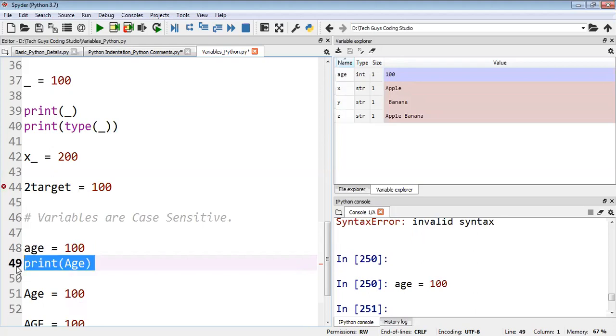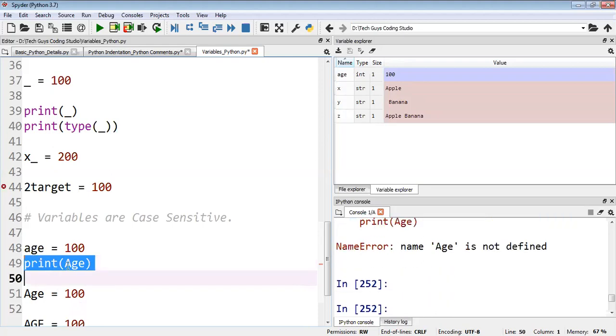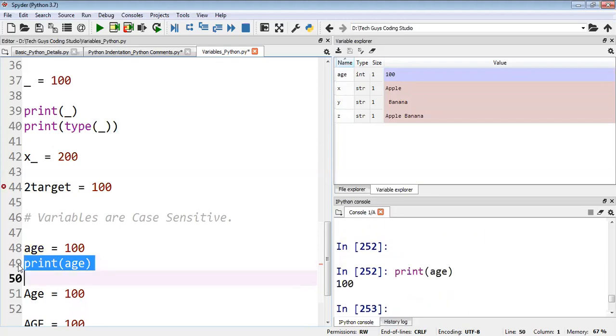If I want to check the value of Age, I should write it exactly as I defined it. See, name age is not defined. So what should I do? I should write it like this. Now you got the value.